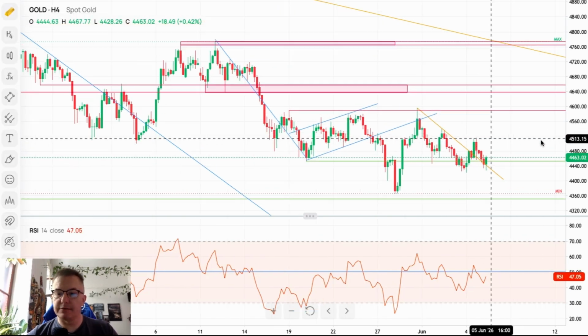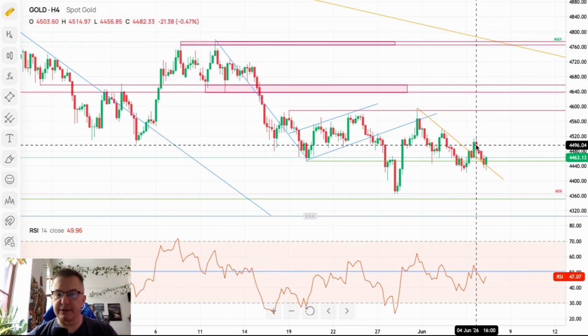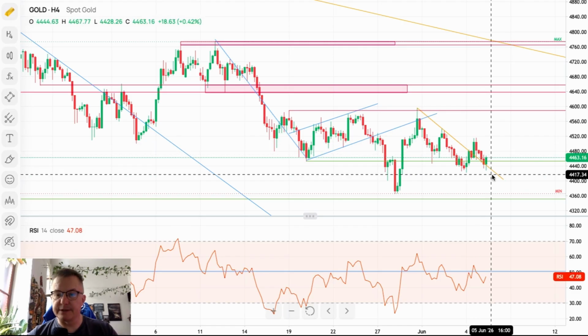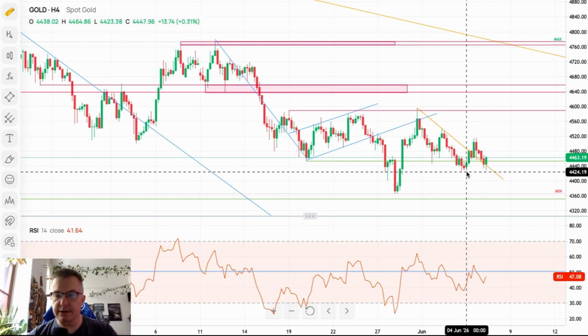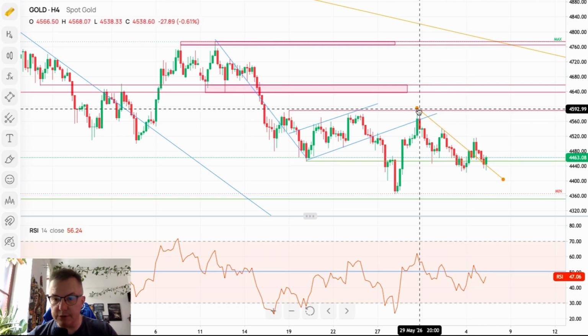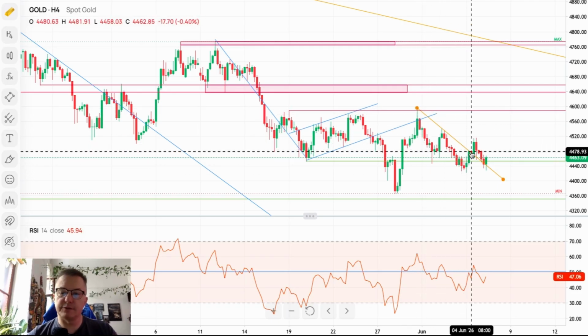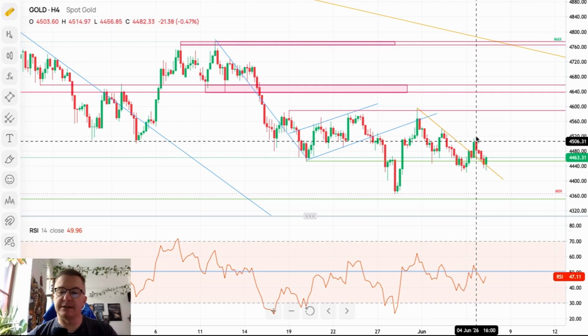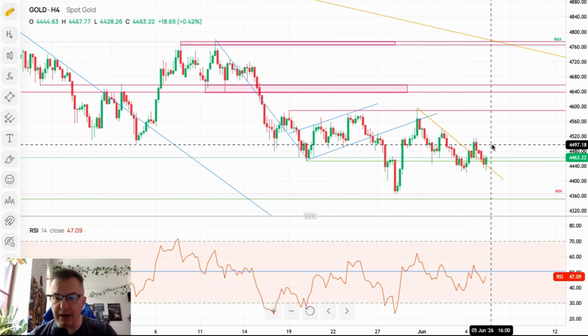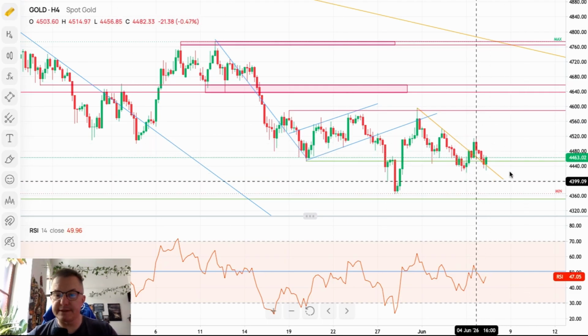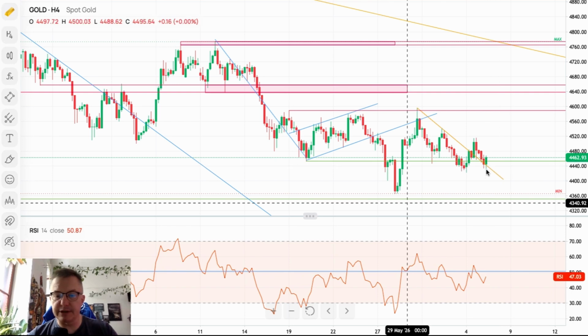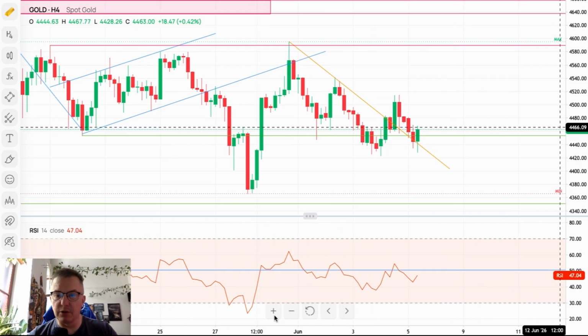The gold market reversed from the level of 4,514, moved back inside the technical support, and then broke it. We might have thought that maybe this short-term trend line would act as resistance, but it was violated. Now the market is trying to bounce out or above this trend line yet again, but so far to no avail.